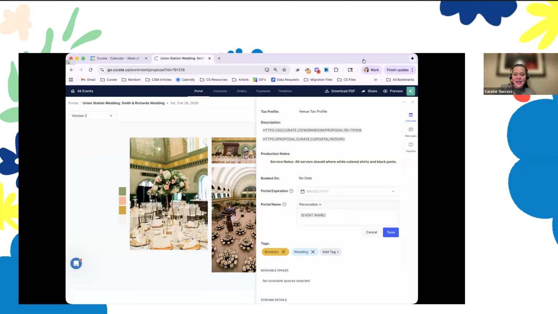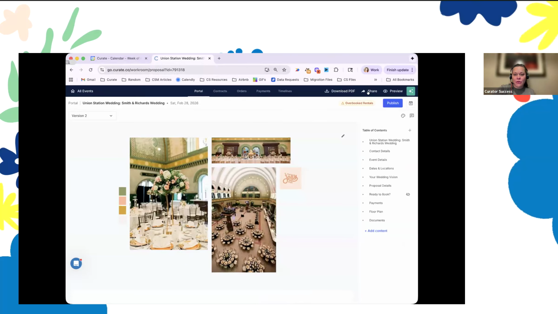This is a brand new release, so I'm getting ahead of our monthly product webinar. This is something that we actually will announce next week. But a brand new release is that you can put a portal name on here. You can customize it to be whatever you want it to be. Or you can put a token in there. So in this case, I'll put a token in there for the event name. Now, this shows for me, but I also want it to show for the customer. So when I go through my share process right here,